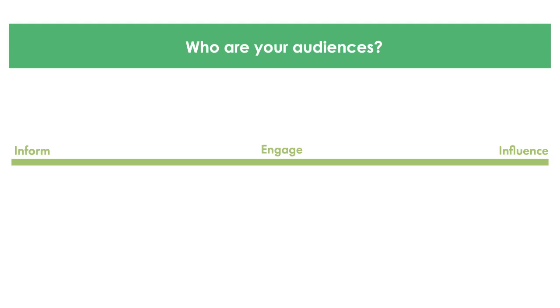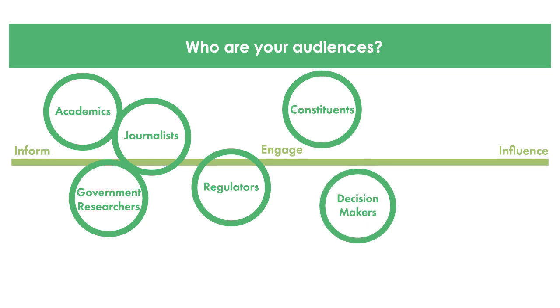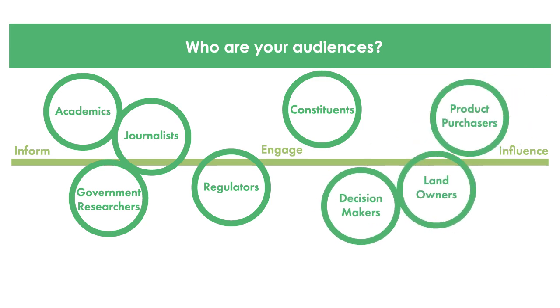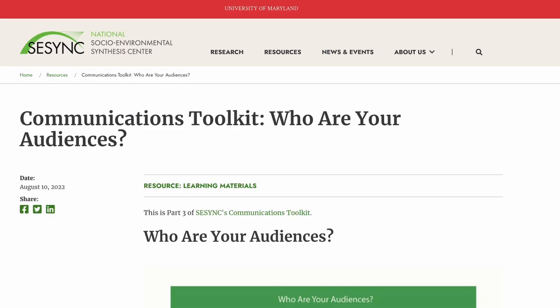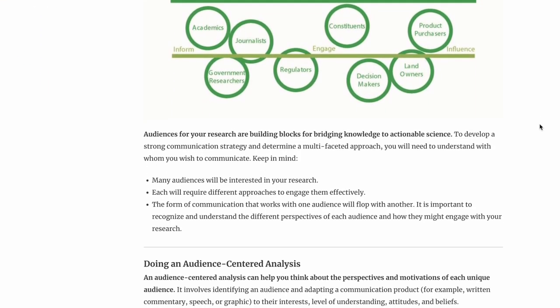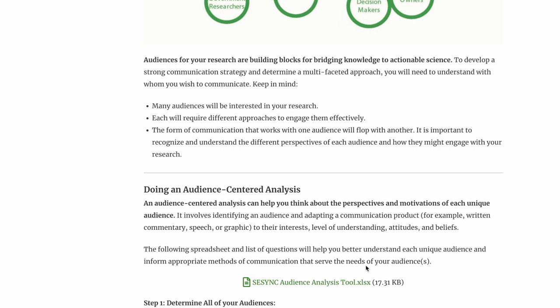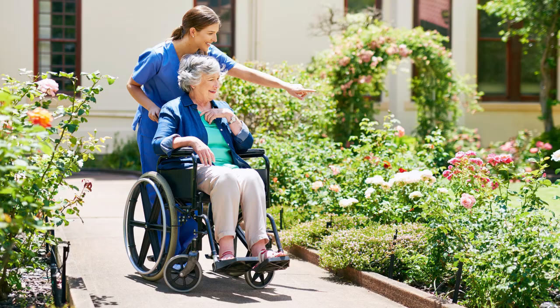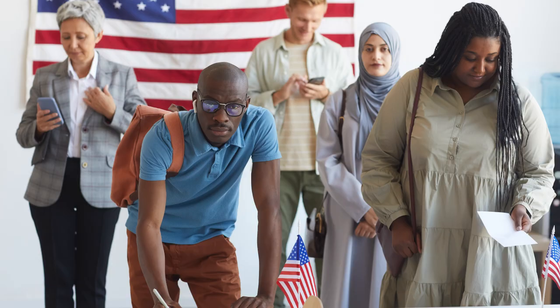Yeah, it's really important to recognize that usually you're going to want to reach more than one audience, right? You're seldom ever going to be like, oh, I just want to reach this one group. So, Succinct actually has a tool online. It's really a spreadsheet that just helps you pinpoint your different audiences as well as prioritize them. So, you can figure out how you're going to divide your resources and your time and your effort and figure out what each of those groups will need. So, it makes you think about, are you trying to reach stakeholders, policymakers, maybe it's voters, maybe it's resource managers? Those are all really different groups who are going to need different things.